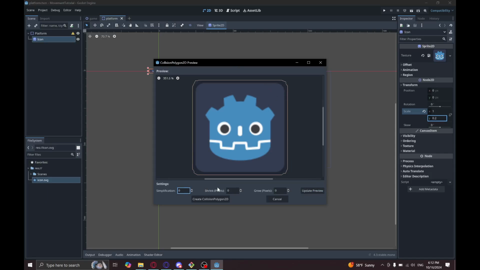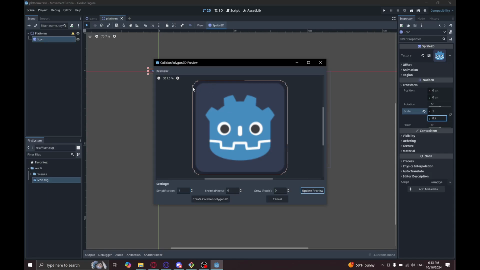If I set this to 0, which will automatically change to 0.01 because you can't have no simplification, it'll do its best to perfectly match the pixels in the image, which results in very rough curves over here, which isn't really ideal for a platform. You want to give your player some grace, some chance to, oh, I barely made it kind of thing. So what we're going to do is go back to 2, because if you set it to 1,